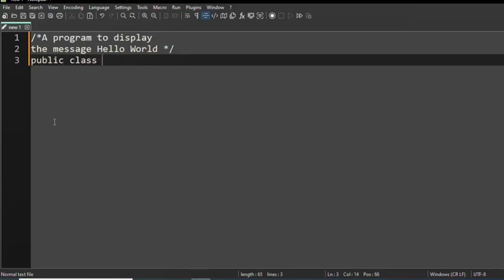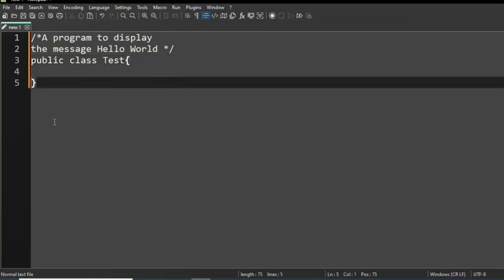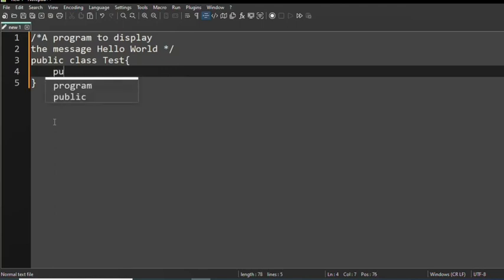So here I am writing the program using the Notepad application. You can use any text editor.